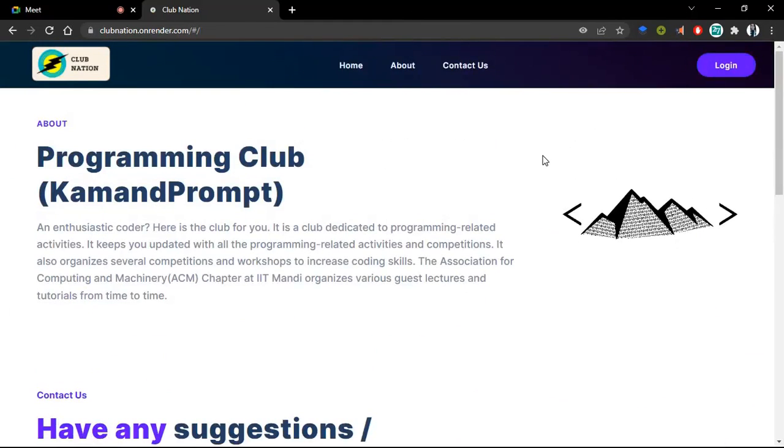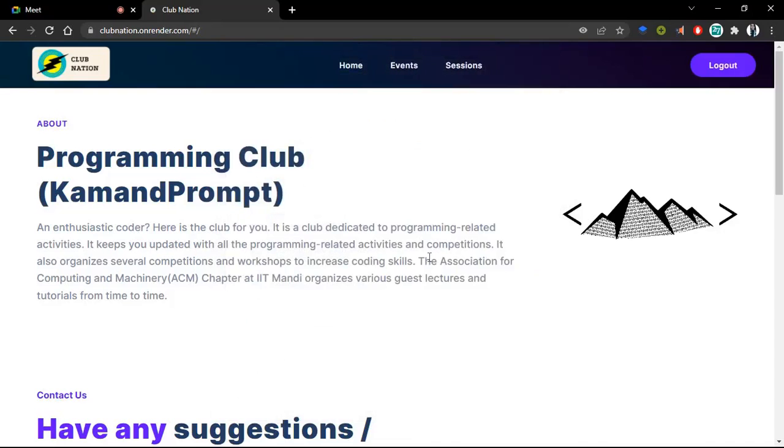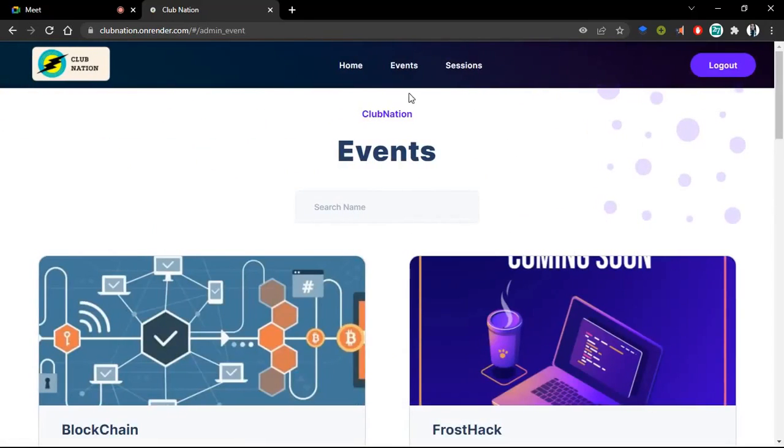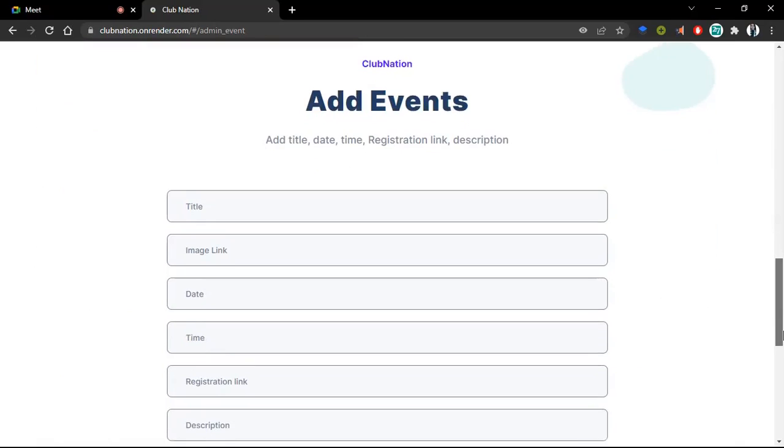Now we will show this was all from the perspective of the student or the participant of the college. Now we will show you the perspective of the admin of the club. So here we have used the programming club IIT Mandi admin, and here we have the extra features. The home page is the same, but in events we can